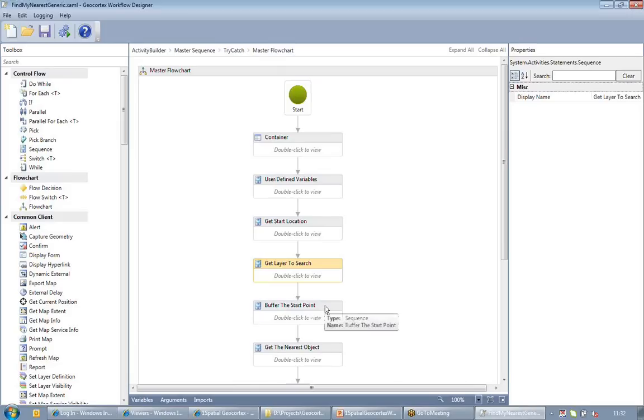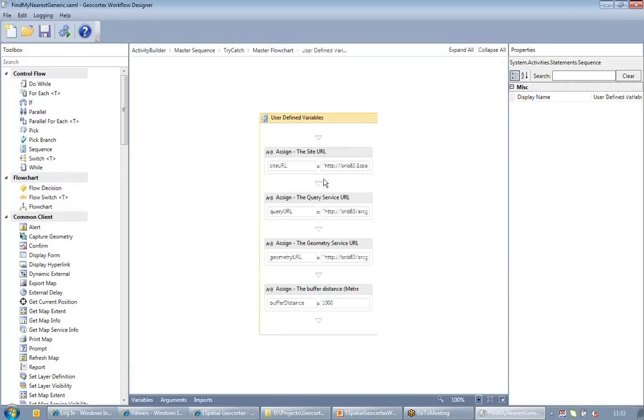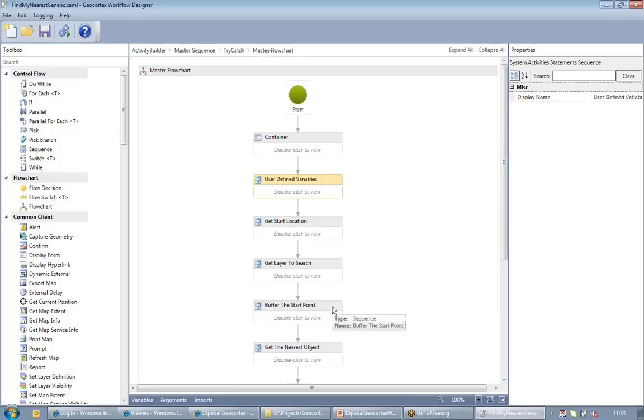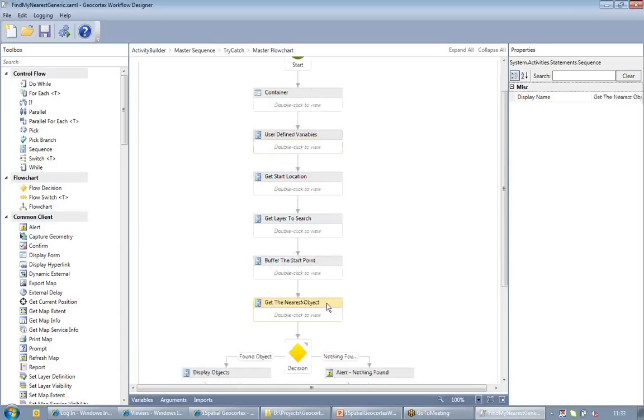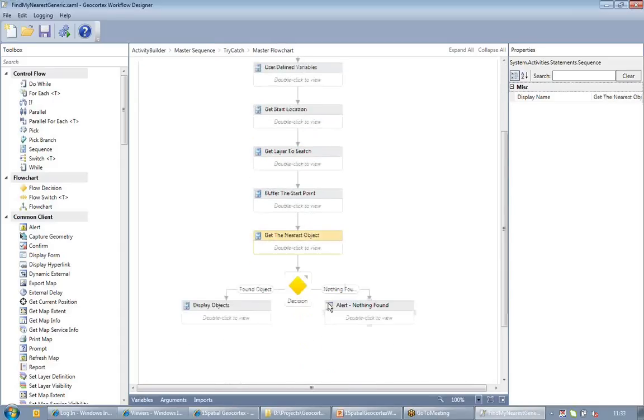Once we've done that, we buffer the start point, so the point where the person has clicked, we create a buffer. And again, this is a predefined buffer value here of 1,000 meters. We could pop up a question box to the user and say, how far do you want to search? So what distance do you want to query within? Having done the query, we find the nearest object. Having found the nearest object of the particular type, we then display the clicked point and that nearest object in